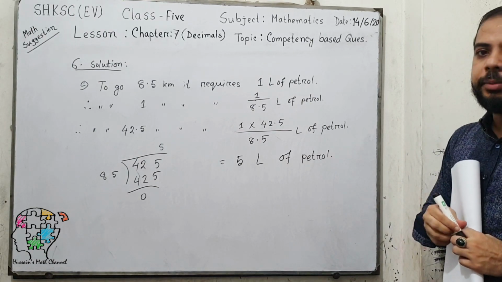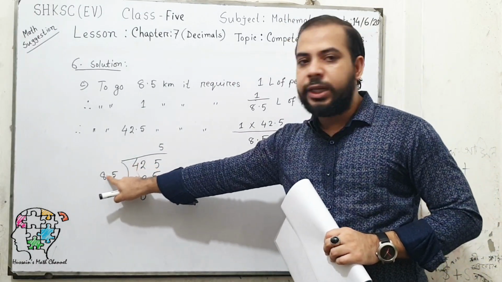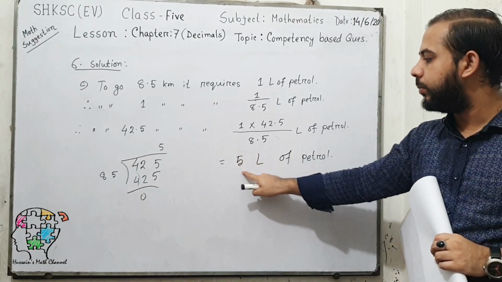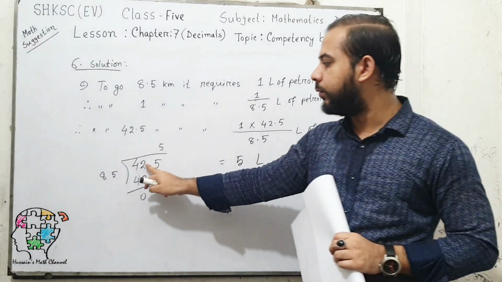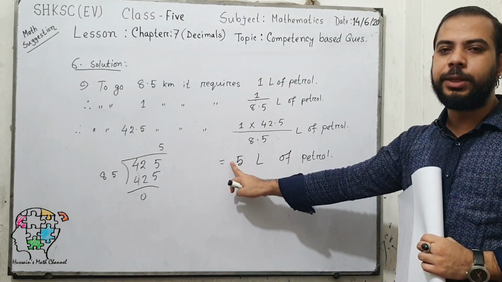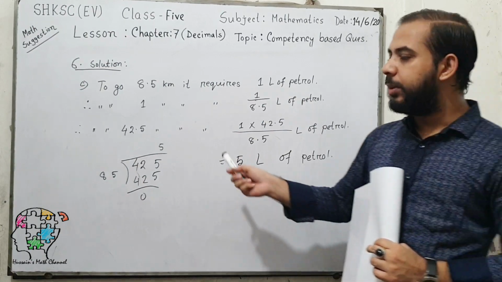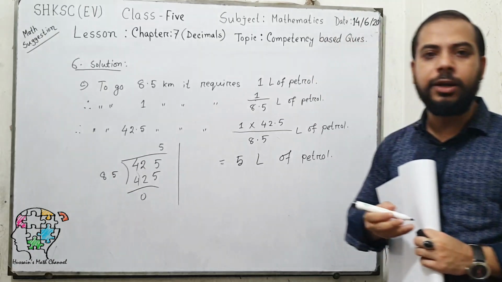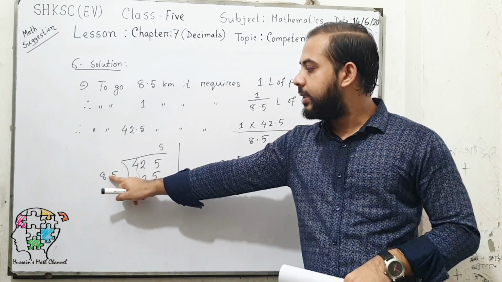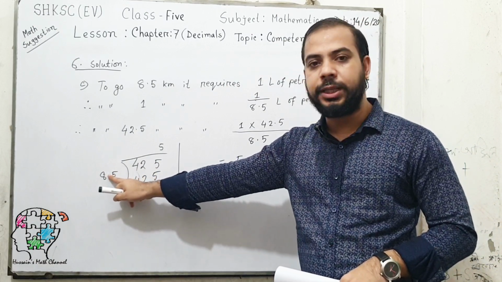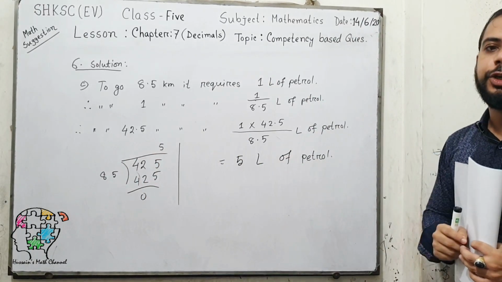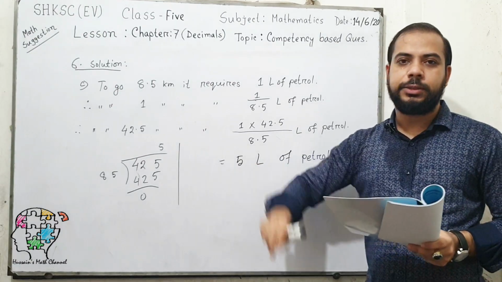This is the answer. And remember that we removed decimal point from both the divisor and dividend, so we don't need to place any decimal point here. When we remove decimal points from both sides, we don't put the decimal in the answer. And also remember, for multiplying you cannot remove any kind of decimal point. For division, if there are any decimal point in the divisor, then you can remove from the divisor and also from the dividend, and that is the shortcut technique for doing decimal kind of problem.